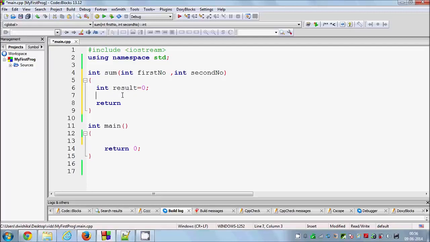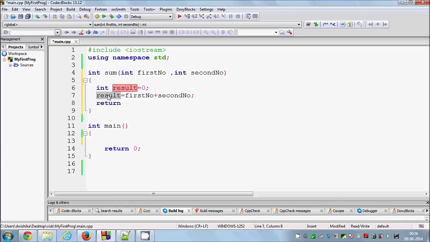Then what I will do is I will write result equal to the first number plus the second number. Okay, so what this is doing, I have declared an integer as a result, and I'm storing the addition of the first parameter and second parameter inside this result.